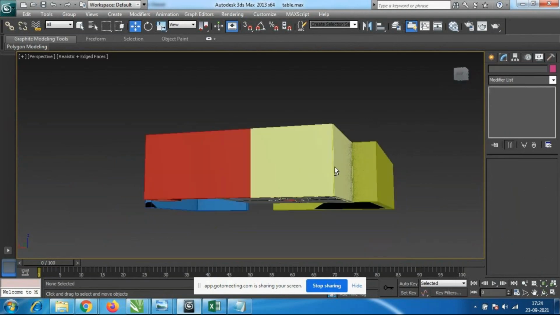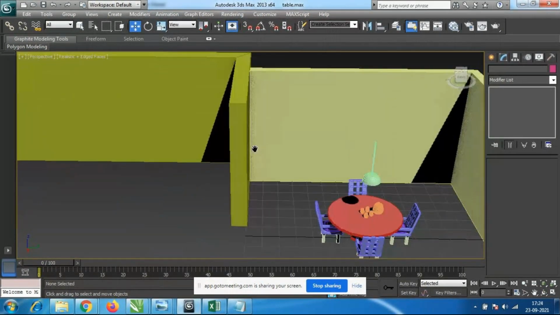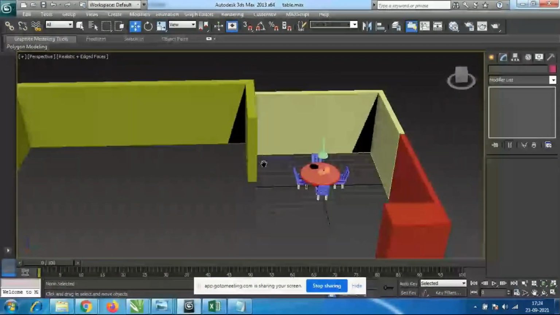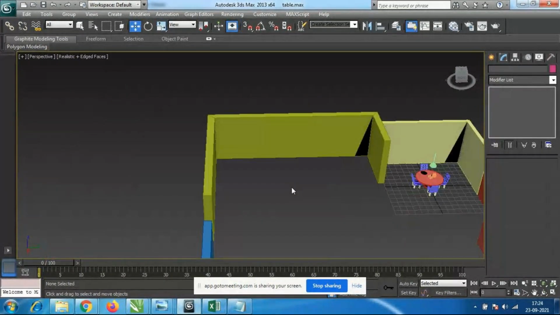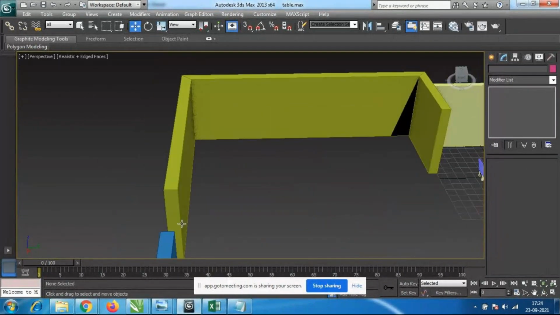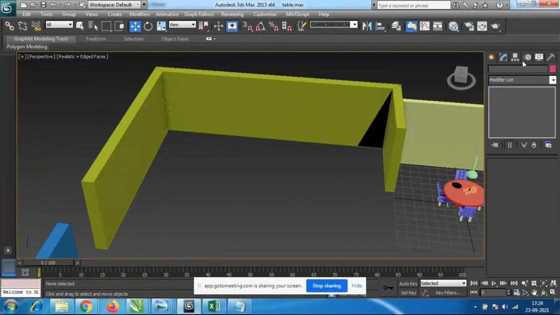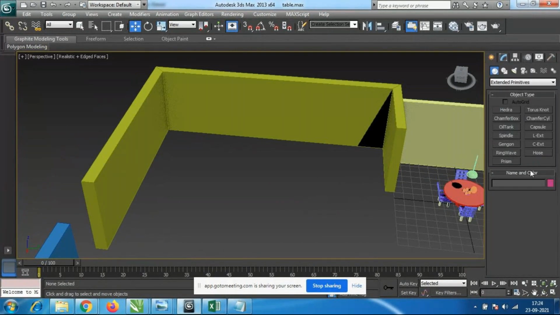Okay, so like this we can do the changes. We have to make the entrance everywhere, which is going to some other place. Okay, so like that we have to make the extension of this house. Okay, so next one we will go to the ring wave.